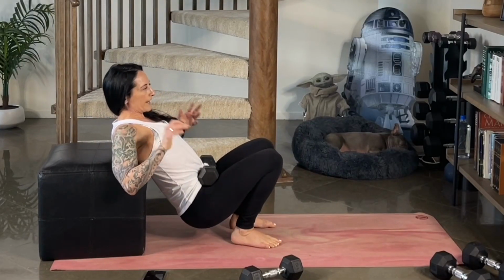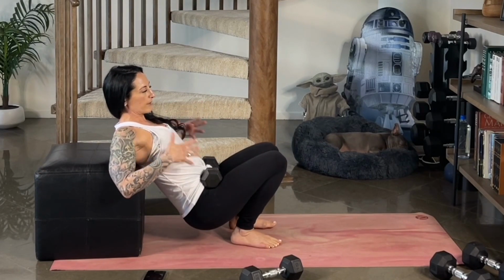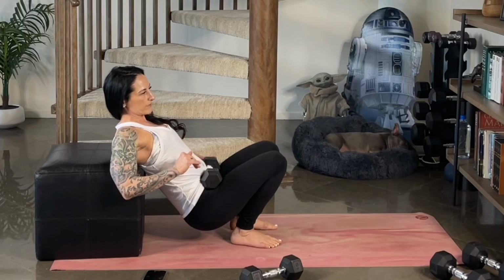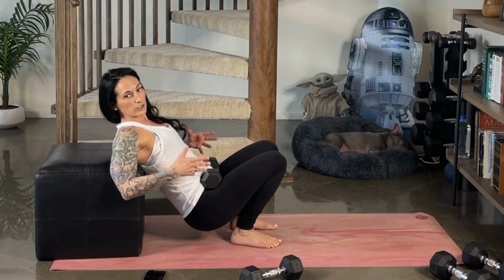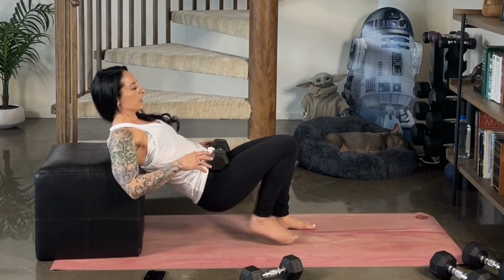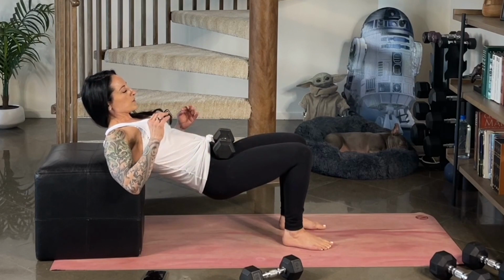Now, I know some of you overachievers may have an amount of resistance that you can do single leg hip thrusts with. It might be a lot heavier than what I'm inviting you to use today, because this is endurance. You've got a lot of rounds of these to get through. So this is part of the practice of just getting used to working with resistance. Resistance training,